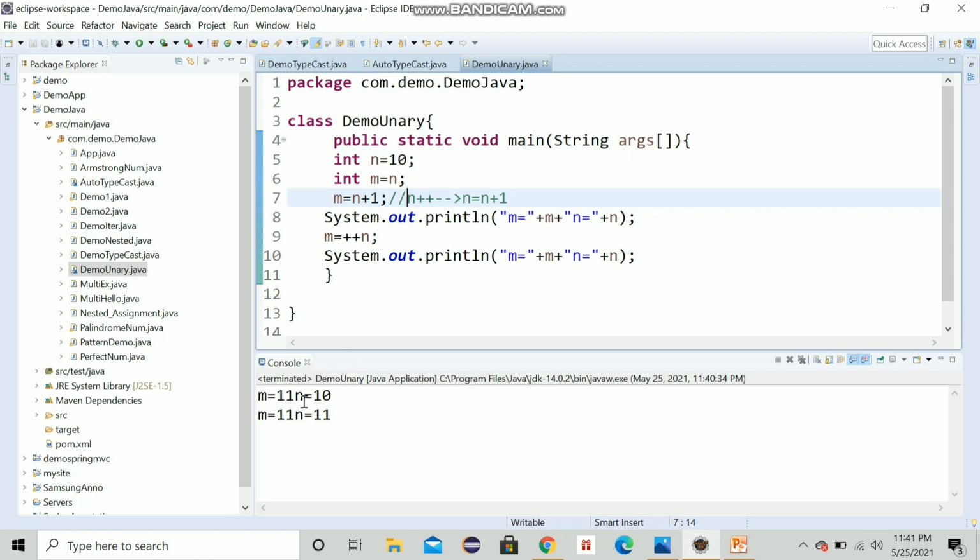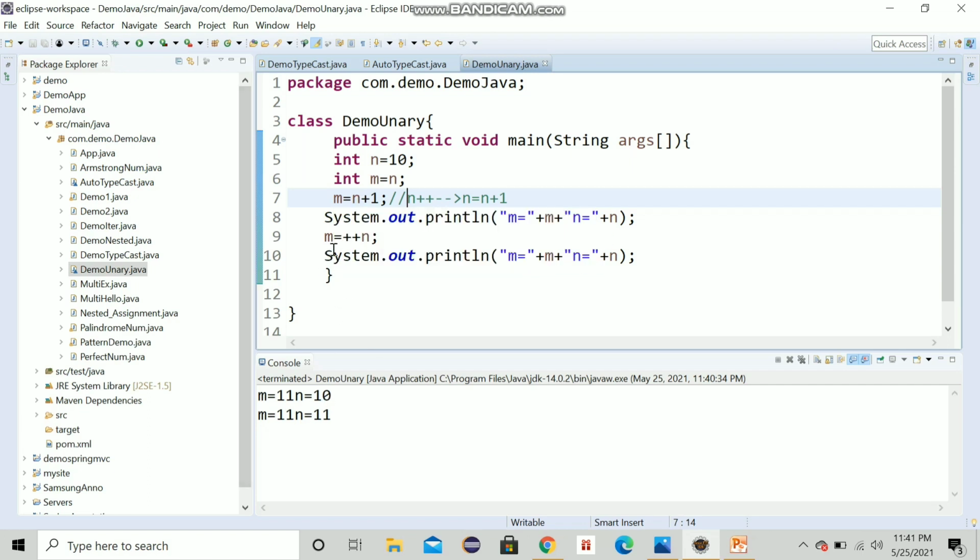We are going to see this in this example. See, m equal to 11 and n is equal to 10. Here I have the value of 10. n is 10, still 10, but I have assigned it to m. So m has become 11, but n is still 10 here.